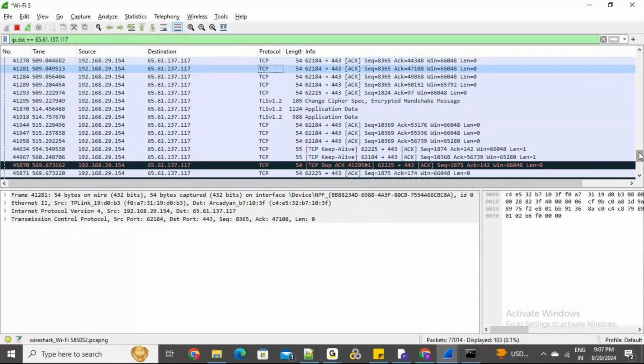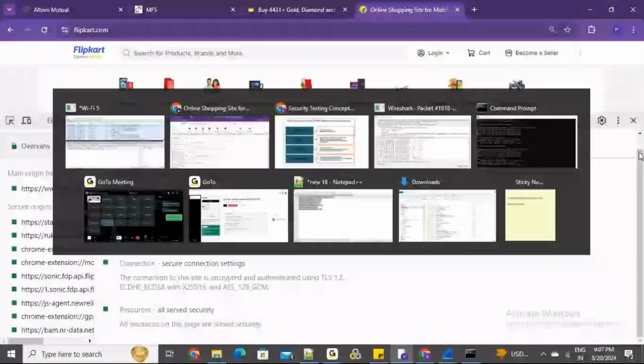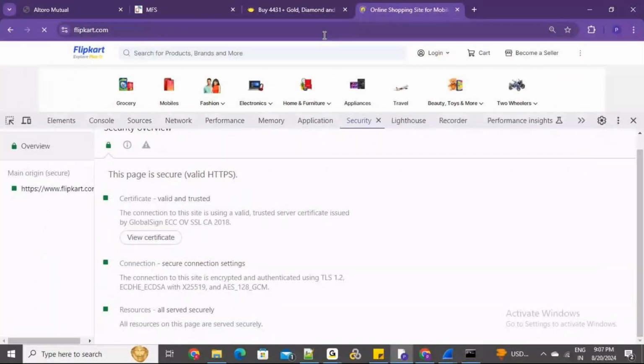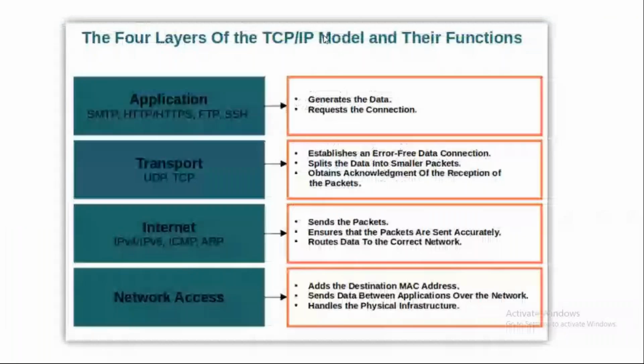Just for your basic understanding, assume that the request you fire from your browser goes through a couple of steps. It gets converted into multiple packets and is transmitted through a low-level system protocol called TCP,